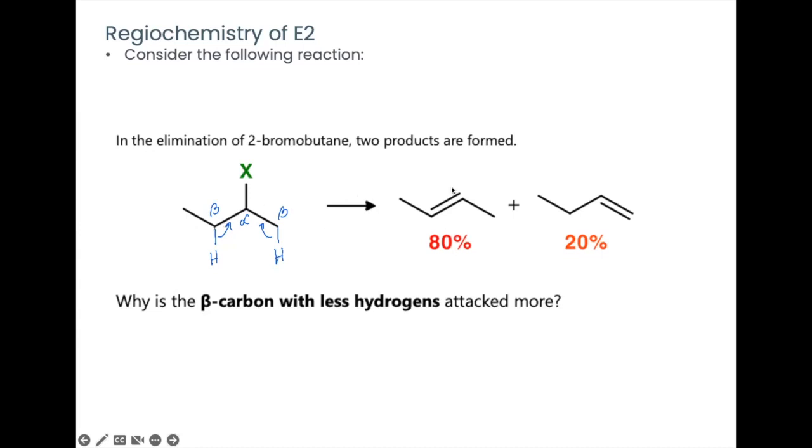So that means, if this is 80%, we remove this proton. Okay? So why is the beta carbon with less hydrogens attacked more? So this is the beta carbon with less hydrogen. So that, as you can see here, you will form a more stable